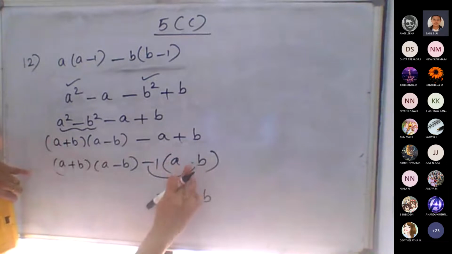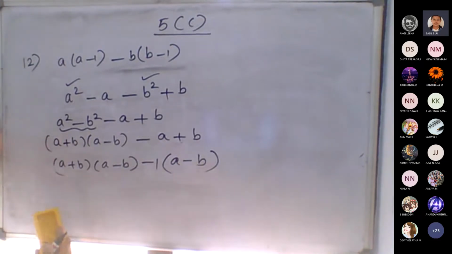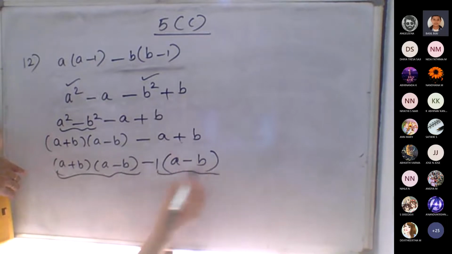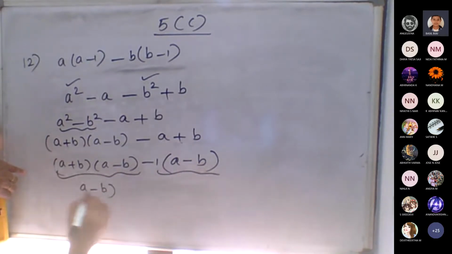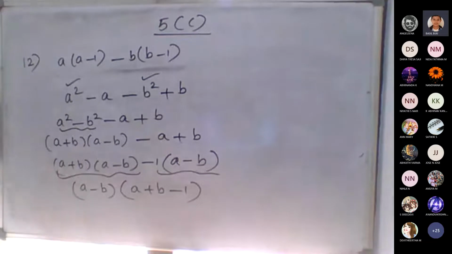So just think of whether we can write in terms of A minus B. Then take one negative common, so it will be possible. Negative A plus B. So from these two terms, we can take A minus B common. Then the balance will be A plus B minus 1. Any doubt with this step? While writing, if you have any doubt, please ask me. Want to repeat? No, ma'am. A minus B into A plus B minus 1.